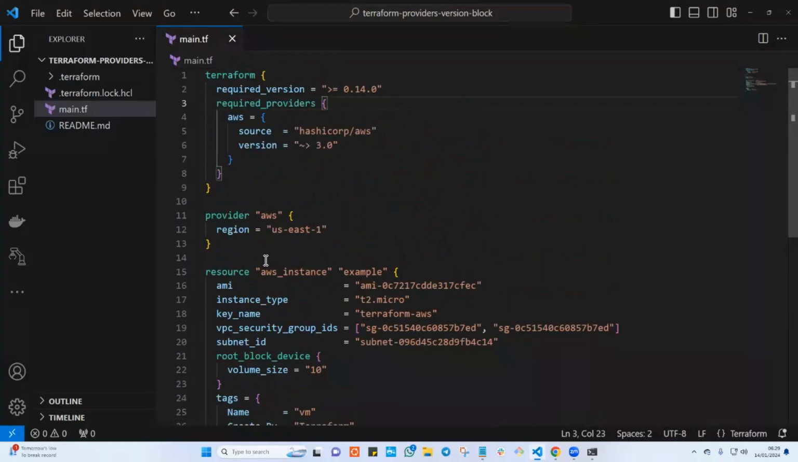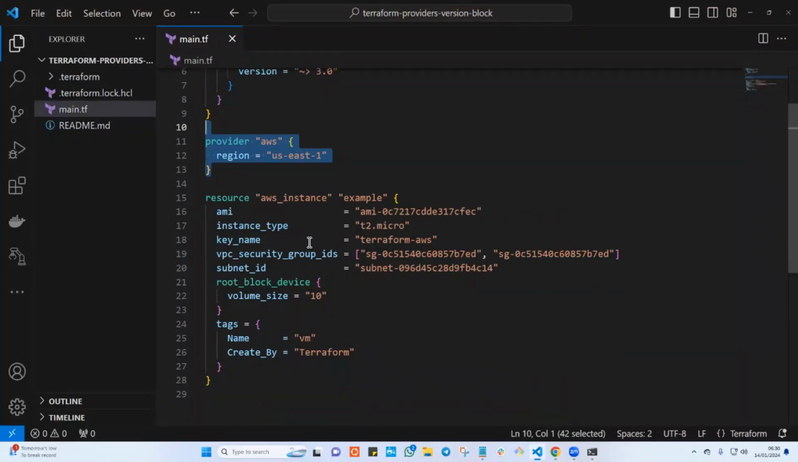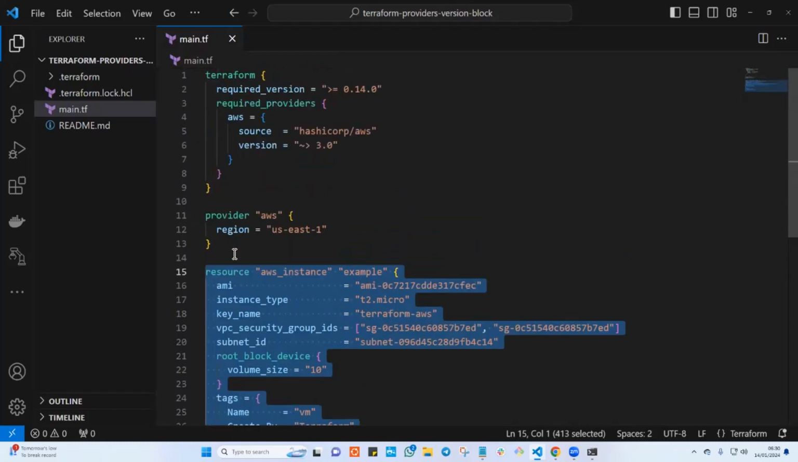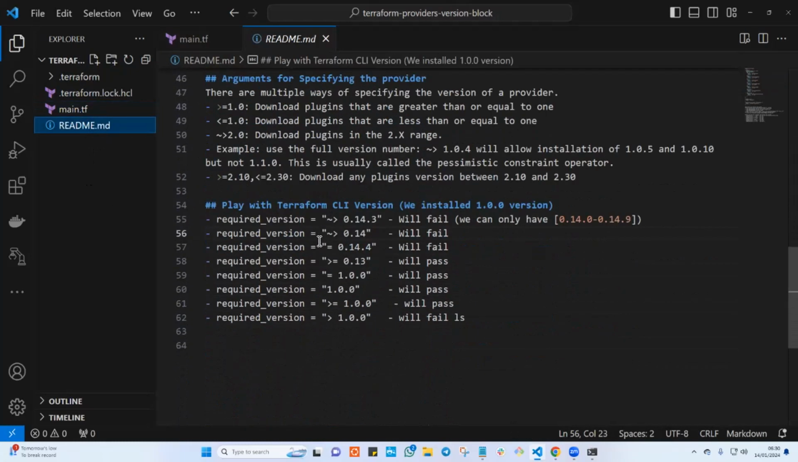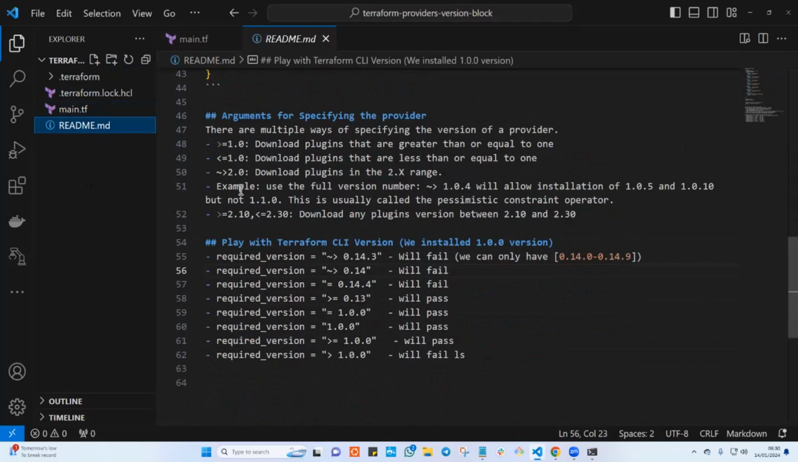And the code here, what is it doing? It's pretty simple. It is just code to deploy an EC2 instance in AWS. And I'm not going to trigger this and deploy any resource, because the main goal was just to understand how we can play with this. We can set our required version and see what this symbol means. This symbol means download any